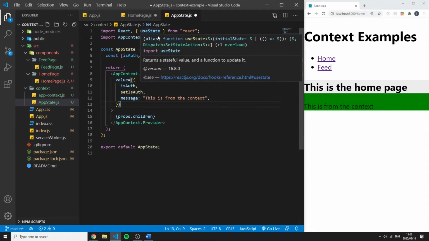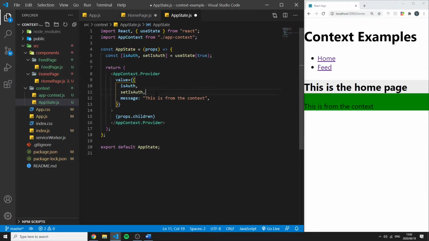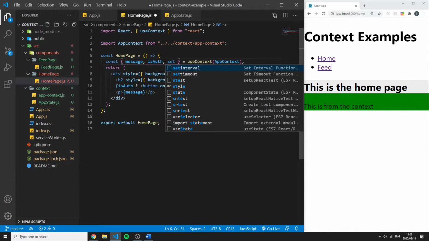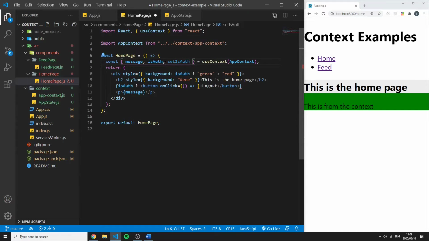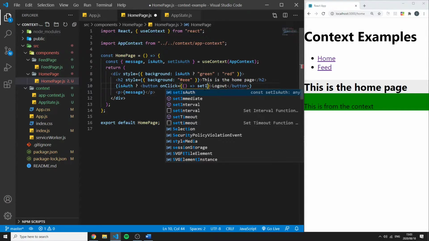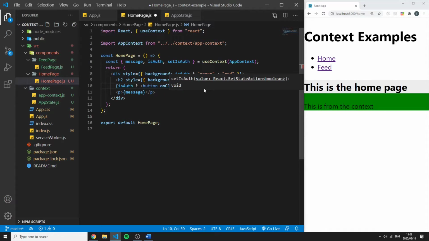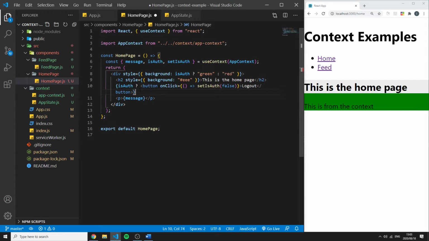So we can even pass functions through the context, which is amazing. So now we can go in here and destructure the isAuth. And now I can use that right over here. Set isAuth, and I can set this equal to false. Just like this. And if I save this, else, if this is the case and it is not true, I